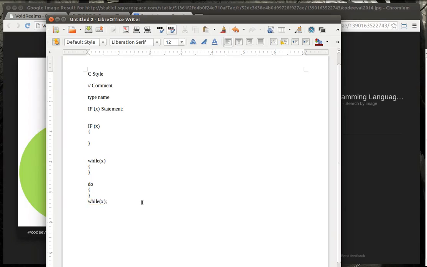Then you have a for loop. Pretty much same thing, and this is typically broken up with those semicolons. And we'll say x equals something. X is less than or greater than something. And then you're going to increment or decrement. Looks like ancient Egyptian algebra, I know, but it's actually very easy syntax.